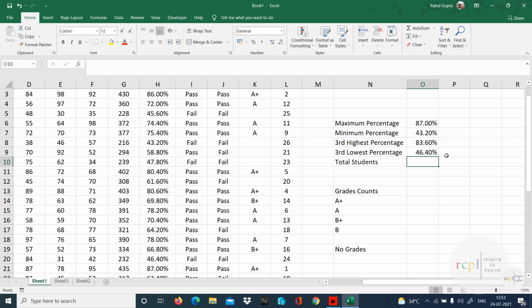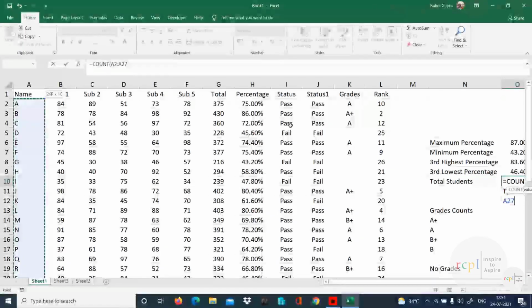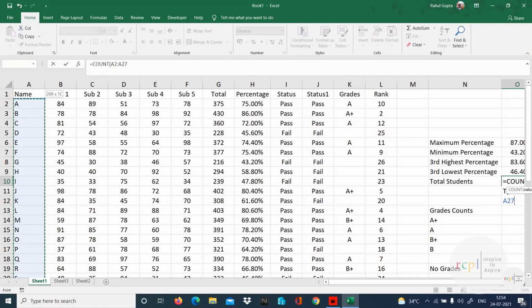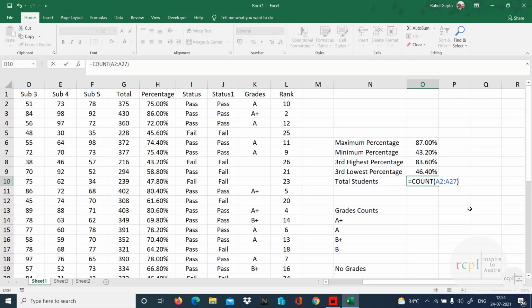Now, total students. So I'll use the function is equal to COUNT, and we'll go to the student name. I'll select all the student names and close the bracket. But COUNT gives me 0. Why? Because COUNT only counts the numeric values.